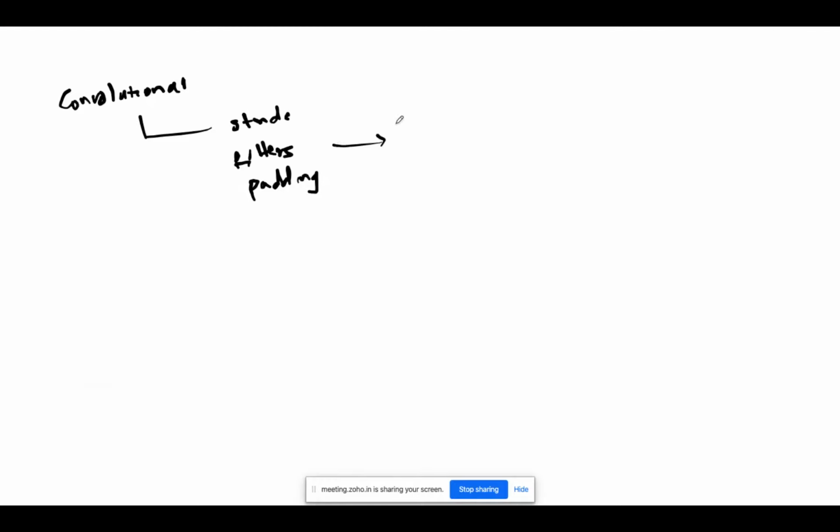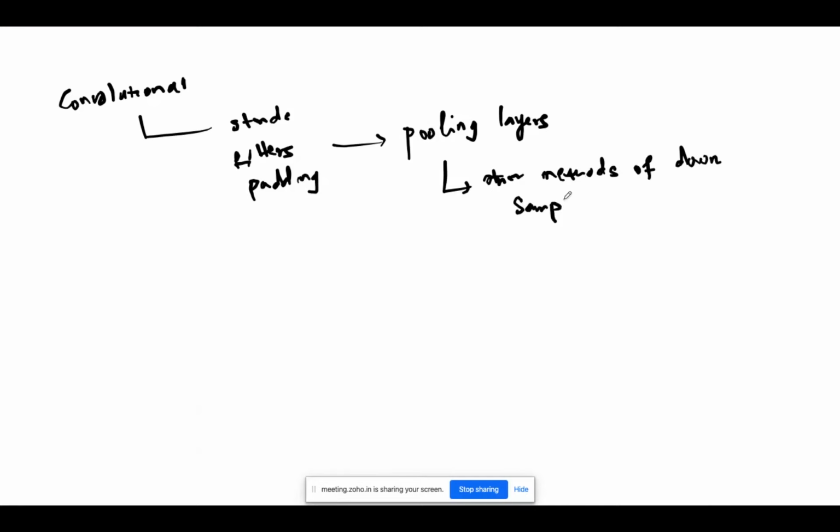After applying the convolutional, we apply another option called pooling layers. This is another method of downsampling of important features.